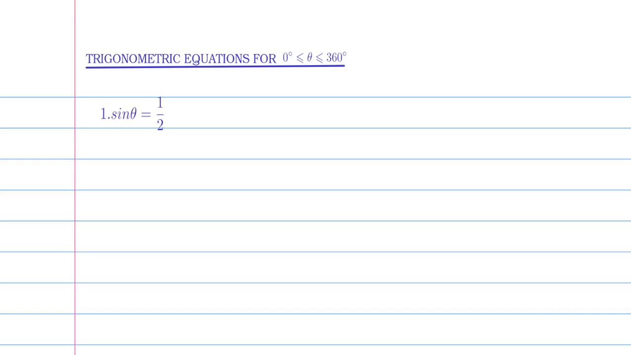Solving trigonometric equations for theta angles between 0 and 360 degrees. So basically what we're looking for is the value of the angle theta here that is between 0 to 360, that is within 1 revolution. We want to know that angle